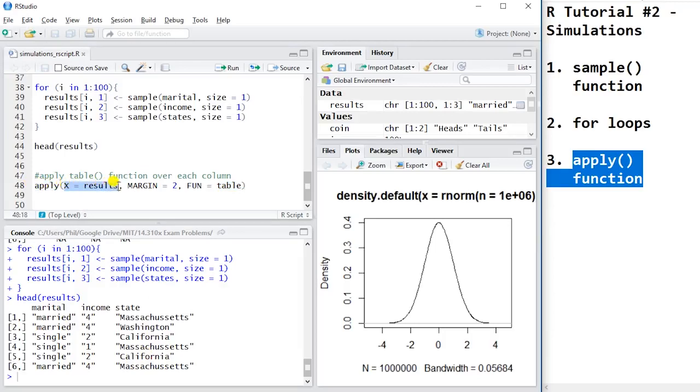X equals results, so that's the data set that I'm interested in. MARGIN equals 2. That means that I want to summarize information over columns. If I set MARGIN equals 1, I would then be summarizing information about rows, but I want information about the columns here. And FUN equals table. That specifies that I want the table command to be applied over the columns in the results matrix. So let's run this code,